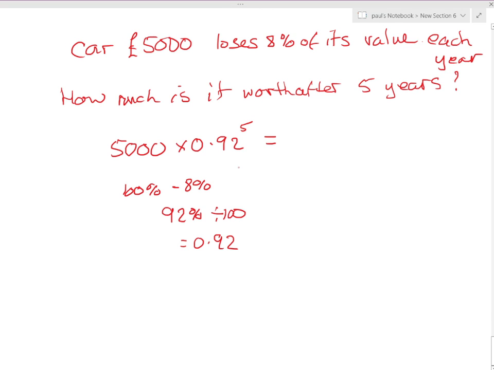So 5,000 times 0.92 to the power of 5 equals £3,295.41. So it's still a compound interest question. So okay, that's that one. That was longer than I thought. Right, okay,